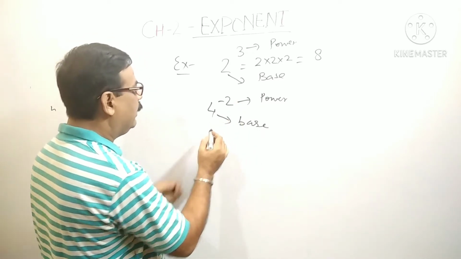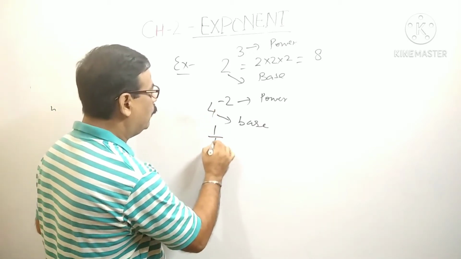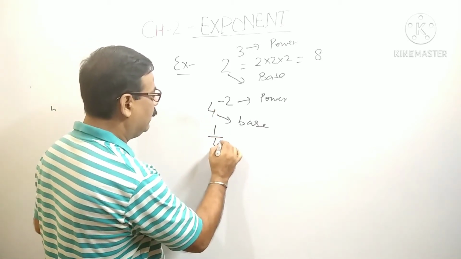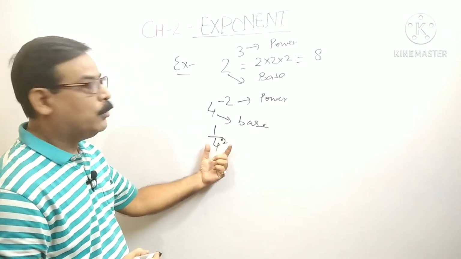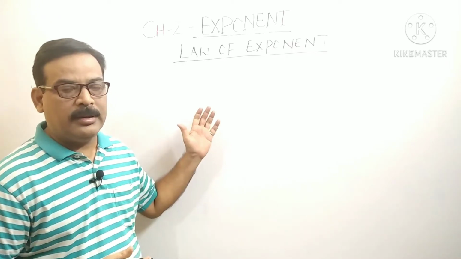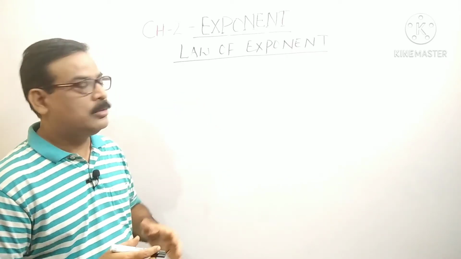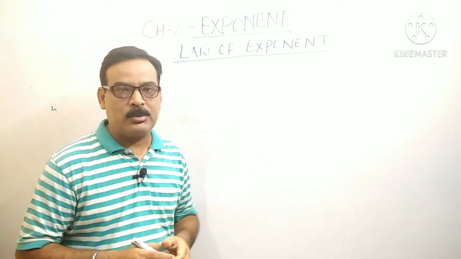So we can write it as the reciprocal of the base, that is 1 by 4, having power 2. We can read this as 1 by 4 squared. This is an exponent. Now guys, when you are going to solve problems of exponents, you